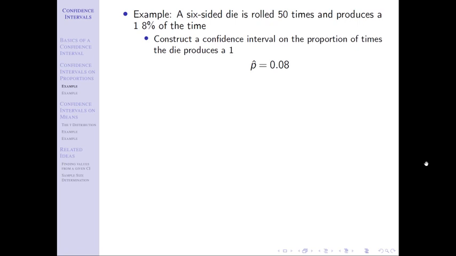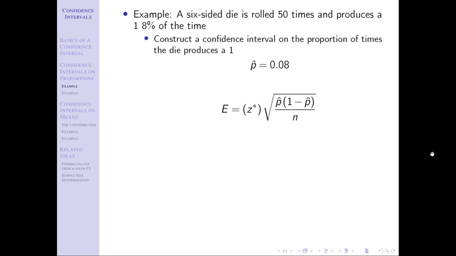Once I have the point estimate, then I need to find the margin of error. The margin of error, as we discussed, is found by taking the appropriate critical value, multiplying it by the standard deviation of the point estimate. So we're going to take from that formula that we were just given and say that margin of error is equal to z times square root p hat q hat over n. And now I just have to plug in the right numbers. Here's the catch. Make sure that you plug in the appropriate critical value. We don't plug in the confidence level. We don't plug in the significance level. Plug in the appropriate critical value.